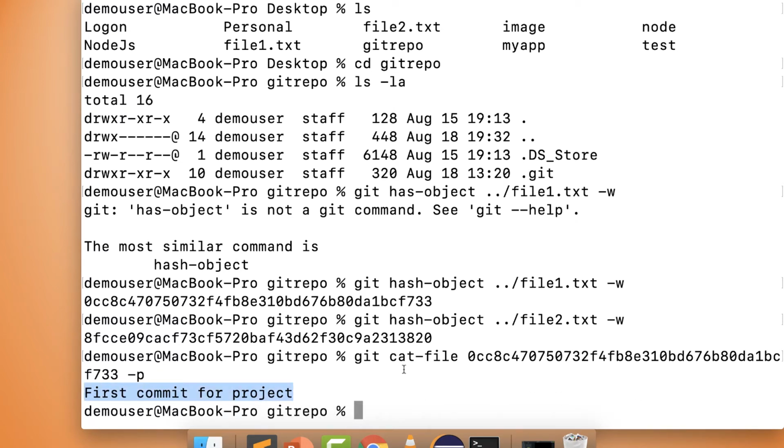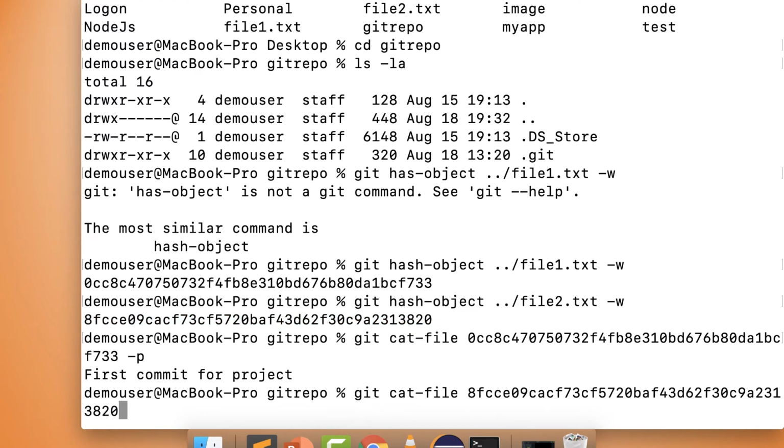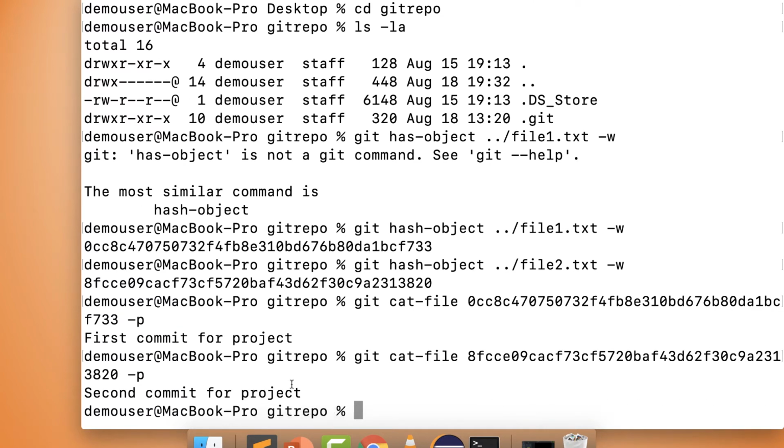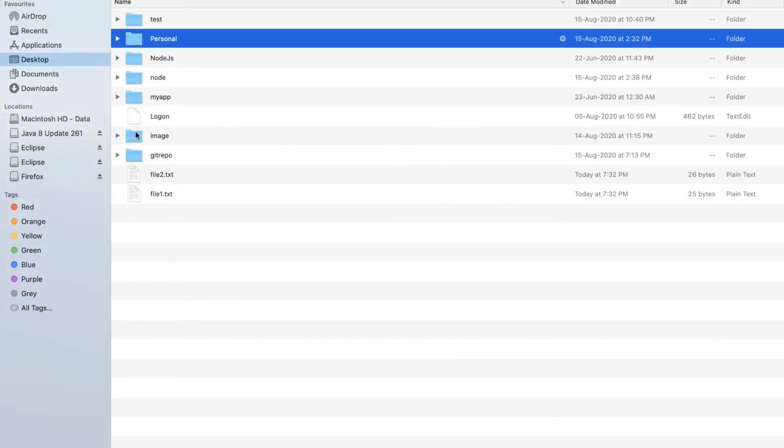It means it is the correct blob object that we are discussing. We'll do the same thing with the second one also, and you can see it is "second commit for project". So we have successfully created the blob objects. Similarly, we can see it in the file structure as well.